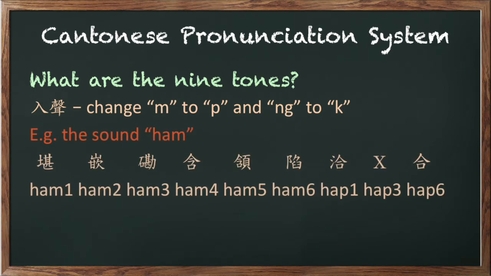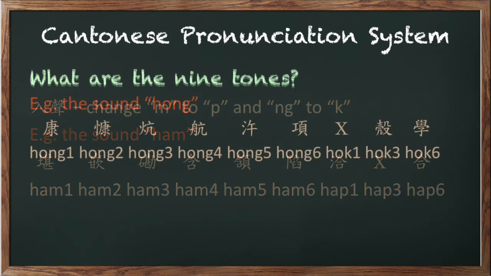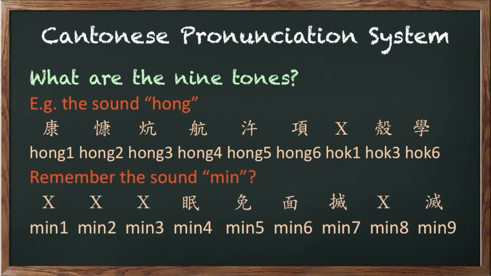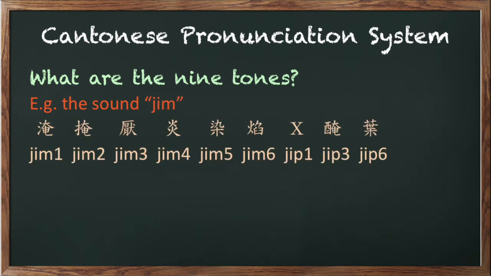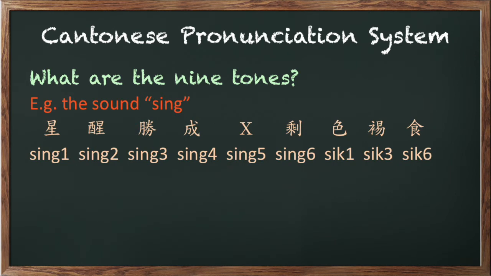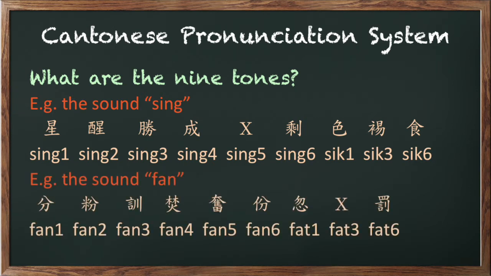For example, ham. 冚冚冚冚冚冚恰恰恰 And hong. 康康康康康康學學學面面面面面 面滅滅滅奄奄奄奄奄奄業業業因忍因人人人一一一聲醒聲醒醒醒息息息分粉分分粉粉忽忽忽